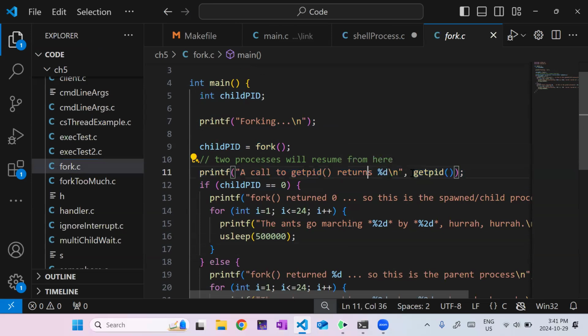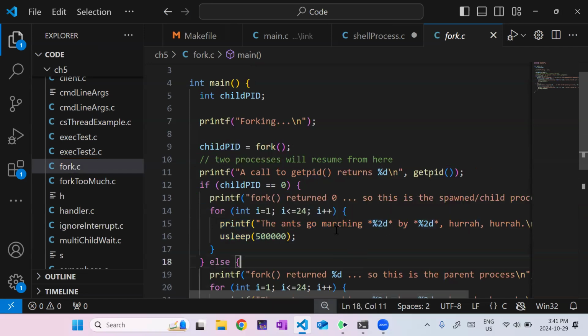So the parent is going to return the parent ID and the child is going to return the child ID. And then here, this is where my two processes will split based on the value of child PID. So if child PID is equal to 0, that means I am the child.